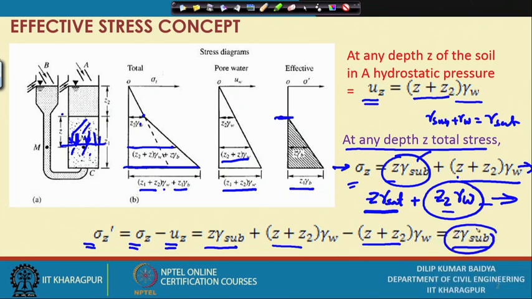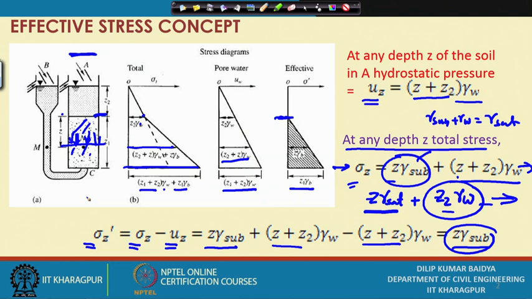Now, as I have concluded in the previous slide, if the water table changes to any height above the soil ground surface, this is the ground surface. If the water table goes here also, again similarly the diagram will start from here, and here also the diagram will start from here, and will get cancelled and start effective stress from here. So, there will not be any change, whereas if the water table from here goes down, there will be a change, that I will show later on.